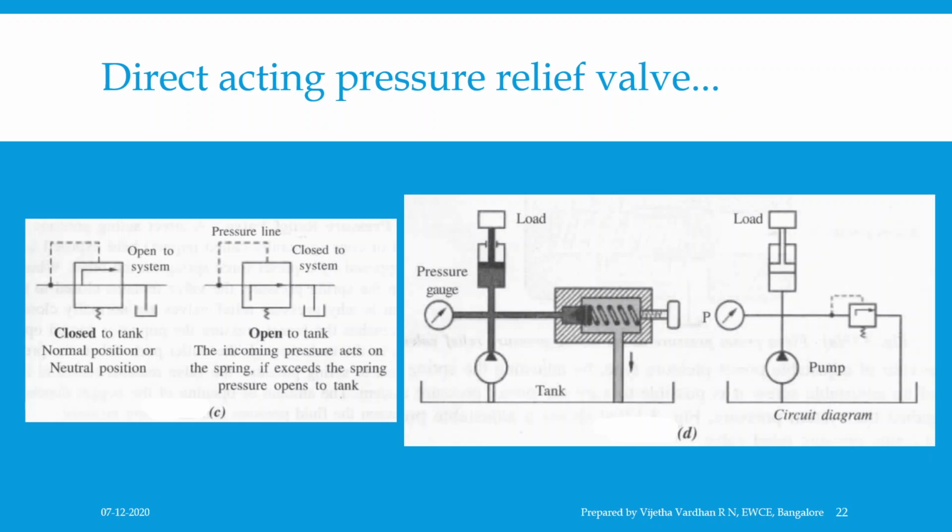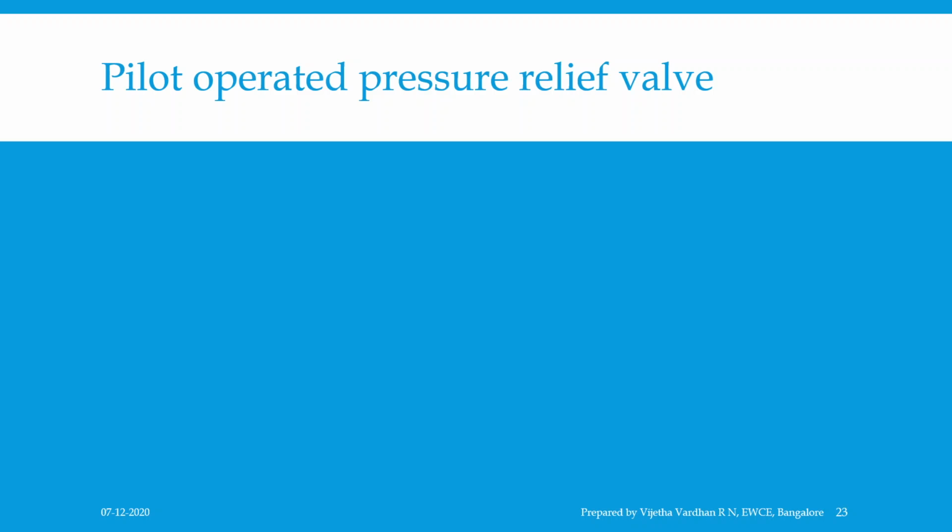Now, figure D shows the use of an adjustable preset direct acting pressure relief valve in a system and the corresponding hydraulic circuit. Since the fixed preset pressure relief valves are limited to the single action of their spring, most of the relief valves are adjustable preset pressure type. The difference between the cracking pressure and the full flow pressure is called pressure override. Then coming to